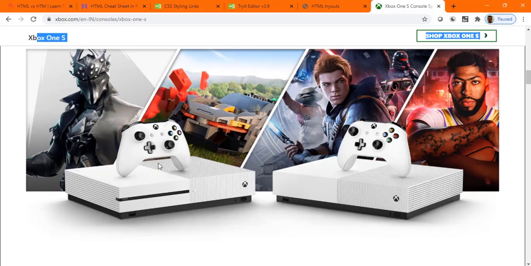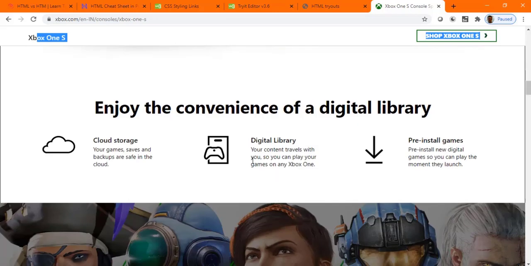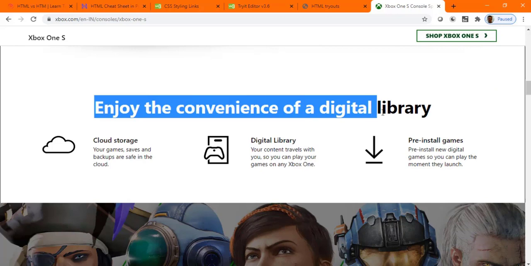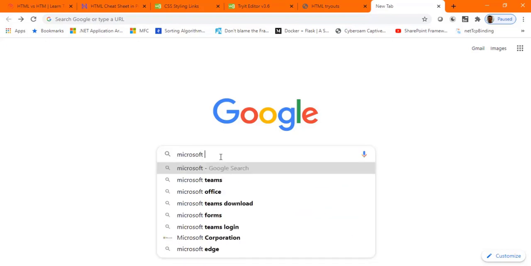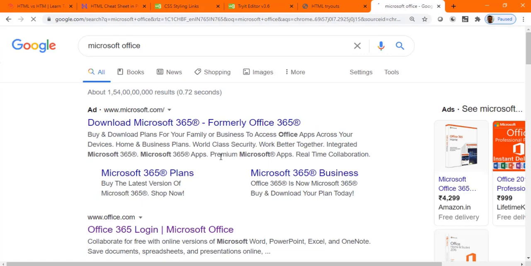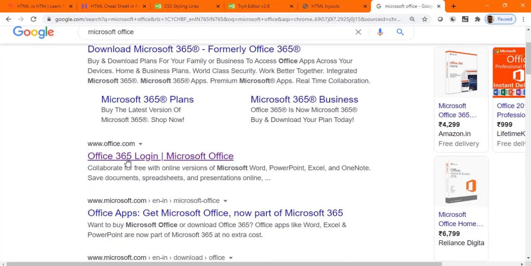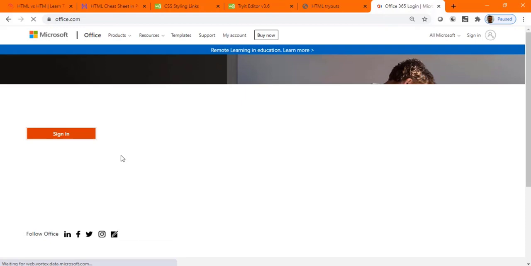So how can you maintain a consistent user interface across multiple pages? Wherever I go, my font will always be this font. I don't want different kinds of fonts to be used. This might be Microsoft's official font being used for showing all kinds of content. So you move from the Microsoft.com site to the Xbox.com site, or you might go further and find some site such as Microsoft Office. When I click Microsoft Office, microsoftoffice.com is available. It's the Microsoft Office software.